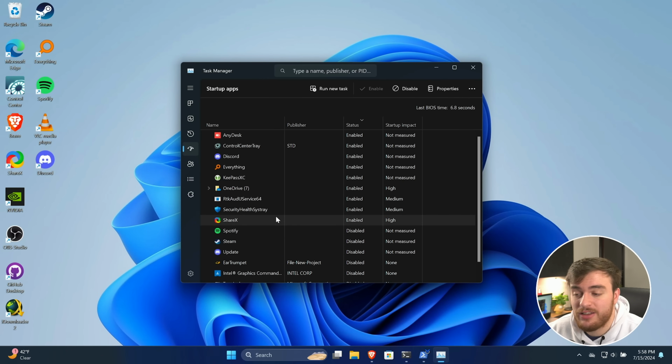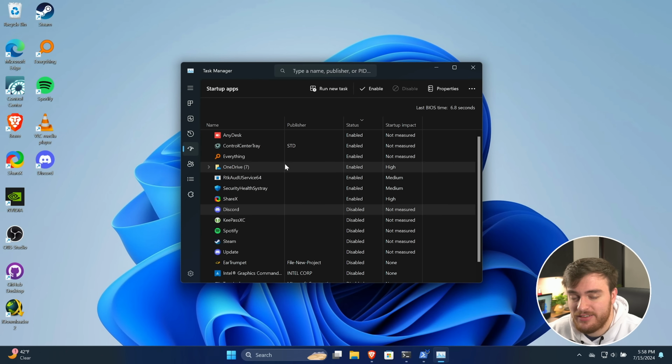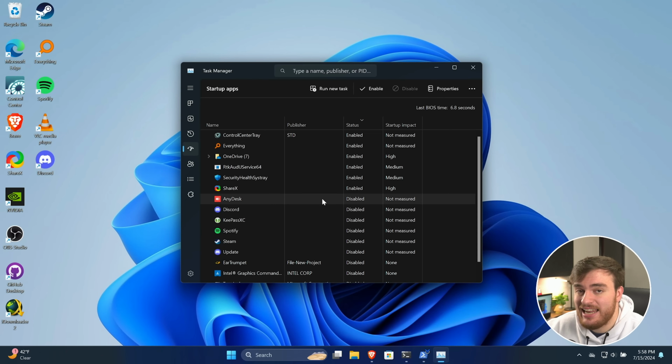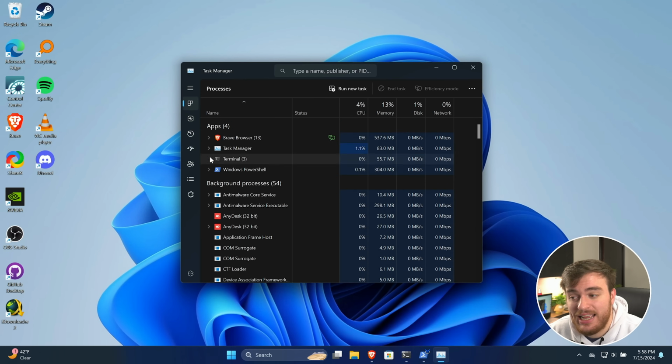I do want ShareX running. Windows Antivirus, I'll leave running. OneDrive I don't necessarily need, but I'll leave it on, as I do use OneDrive. My password manager doesn't need to start with Windows. Discord, again, doesn't need to start with Windows, and AnyDesk as well. Unless I'm going to start it up and remotely connect to this PC in the future, it doesn't need to run all the time. Now, when we reboot our system, even less should be running, and in the top right,